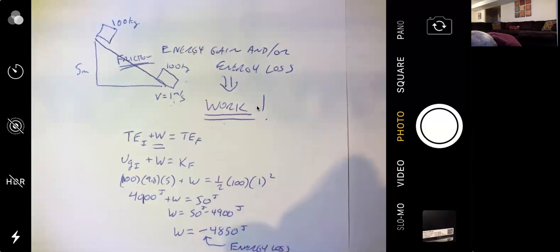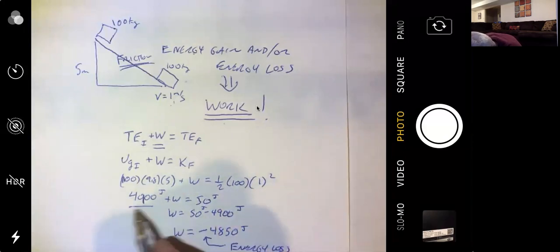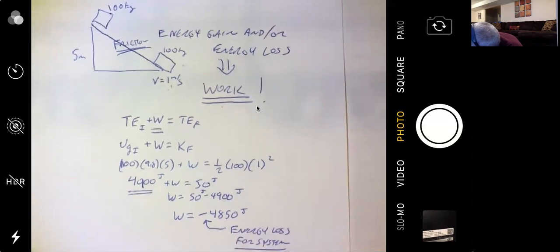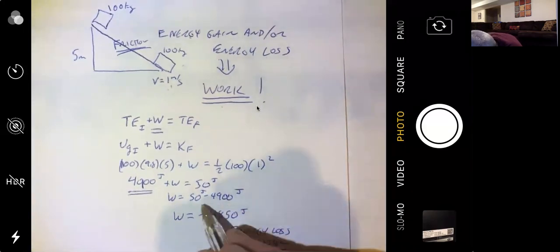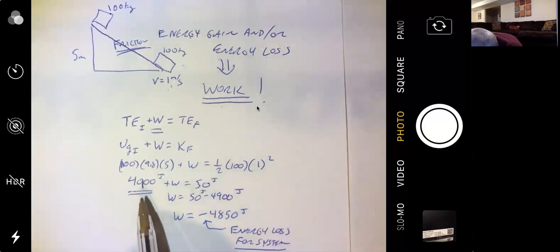So from the perspective of the block, it started out with 4,900 joules worth of energy. I can scoot that up. I didn't realize I was off screen there. 4,900 joules of energy to start with. It only had 50 joules of energy at the end of the hill, at the bottom of the hill. Well, what happened to it all? Well, it turned into